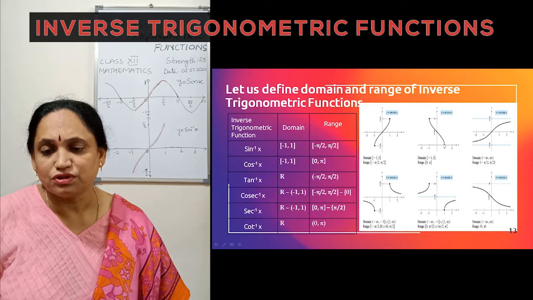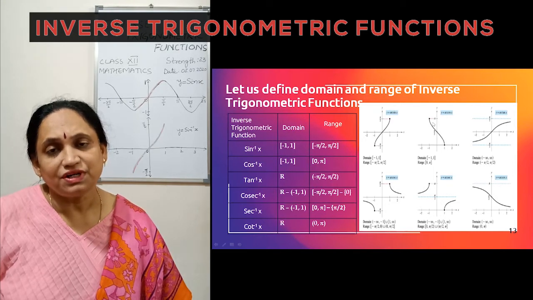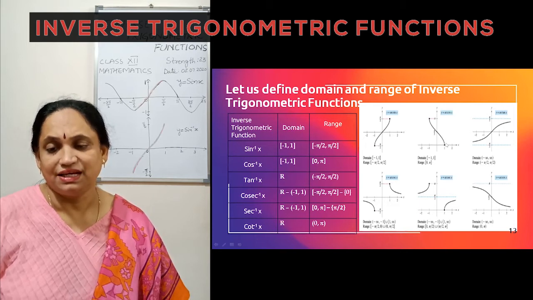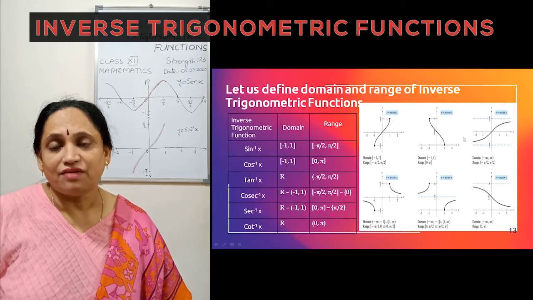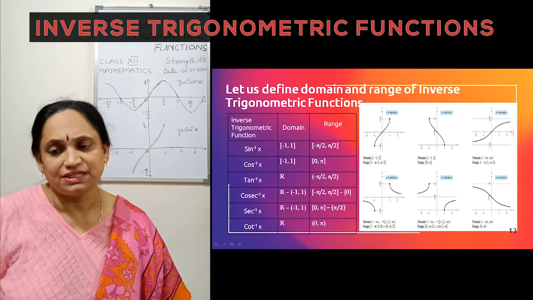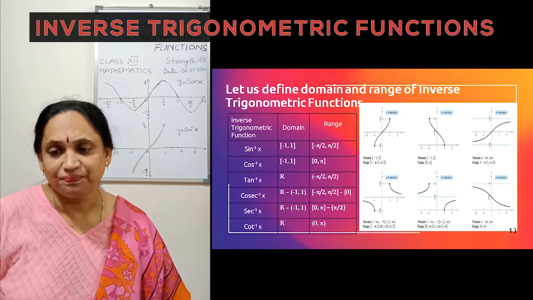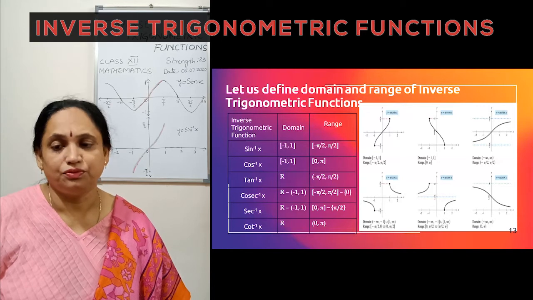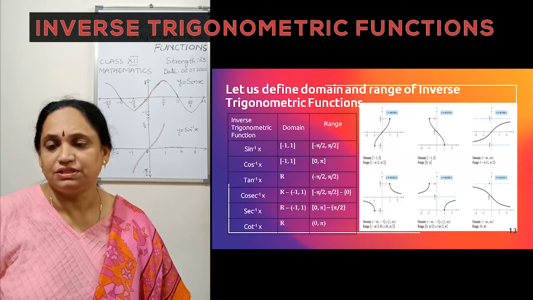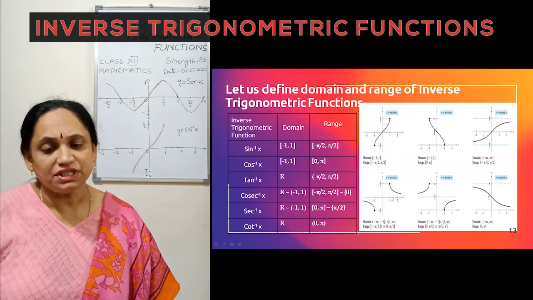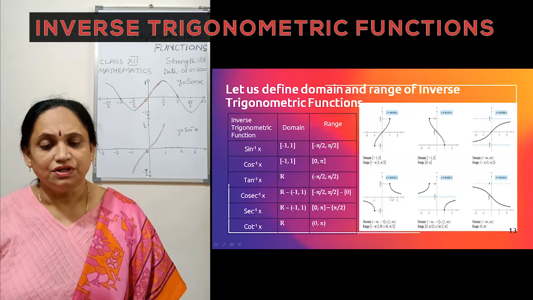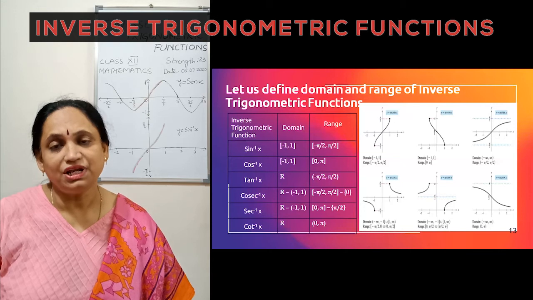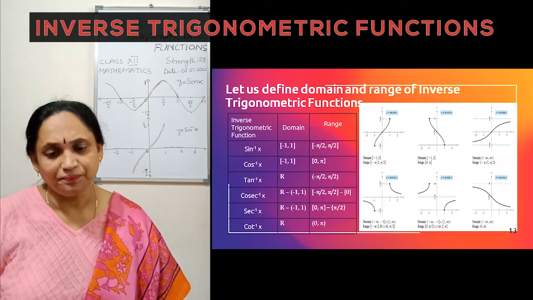Similarly, for the cos inverse function, all the values from minus 1 to 1 are taken only once. For the tan function, you have seen that the whole real number set of the x-axis is being used, and the range lies between minus pi by 2 and plus pi by 2, not including these 90-degree values. The cosecant inverse function's domain is the set of all real numbers except the real numbers which are between minus 1 and plus 1.